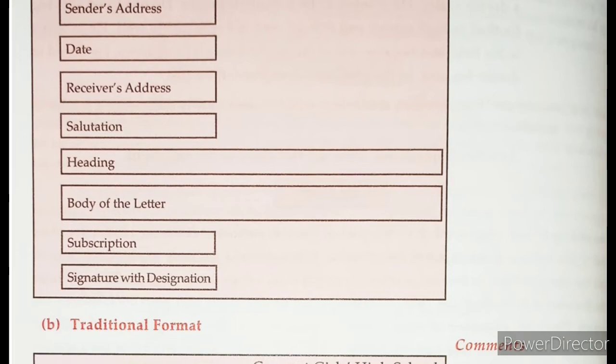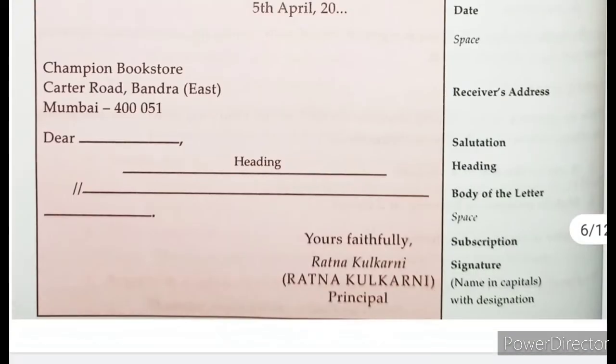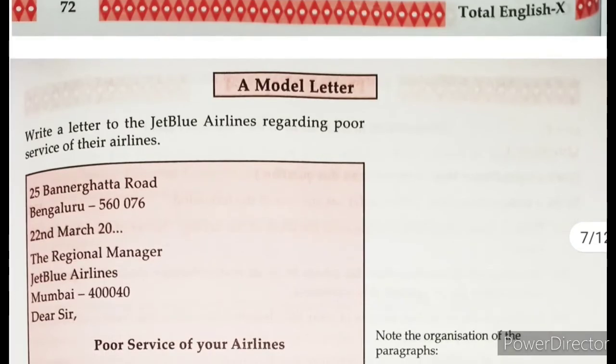And as I told you, when you write the signature in case of any formal letter, it should be your full name in running handwriting, and underneath, again within brackets, in block letters, and below that you can write your designation. So this is the format, and then the traditional format is shown here. Better to avoid it because ICSE recommends that you use the box type format.